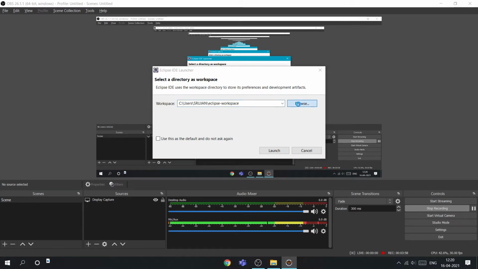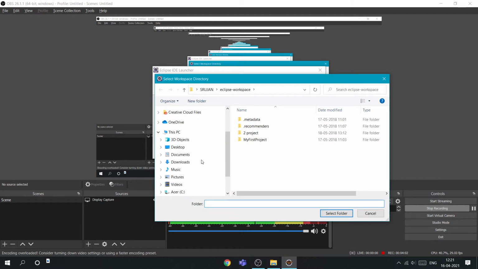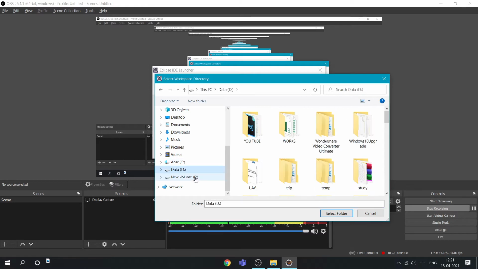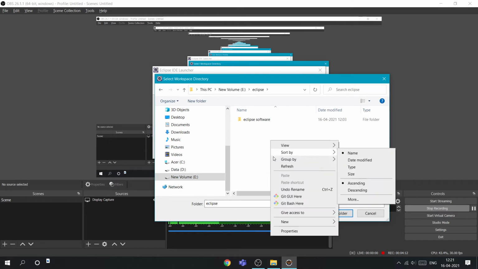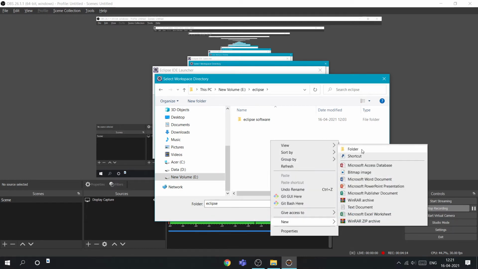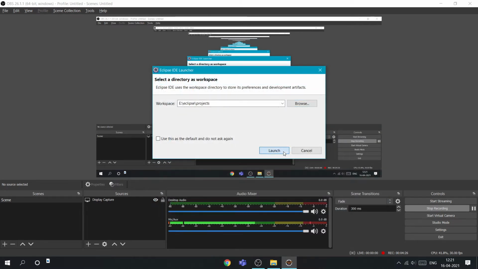So I'll change the location. I want this to be in Eclipse. I'll create a folder called projects. Select this folder, launch.